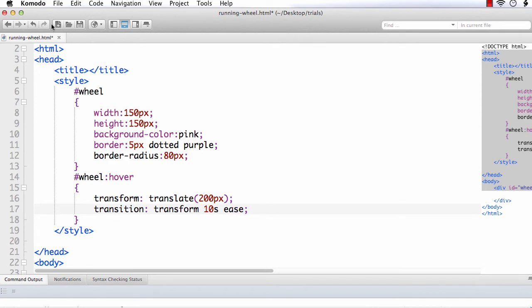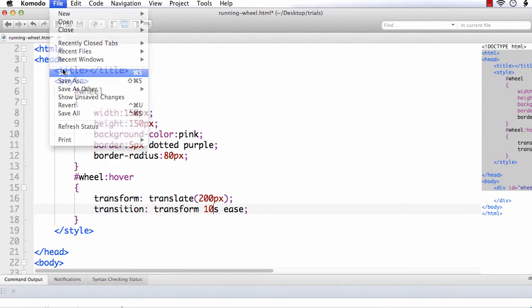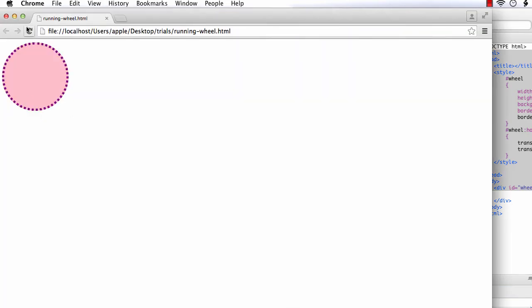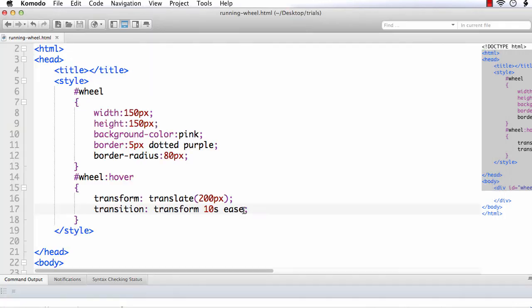Then it will move more slowly than the current one. Refresh. See, it is moving very slowly to the new position. This ease effect is like the speed is uniform. Suppose we want to start slowly and then increase the speed, then you can specify it as ease in effect.